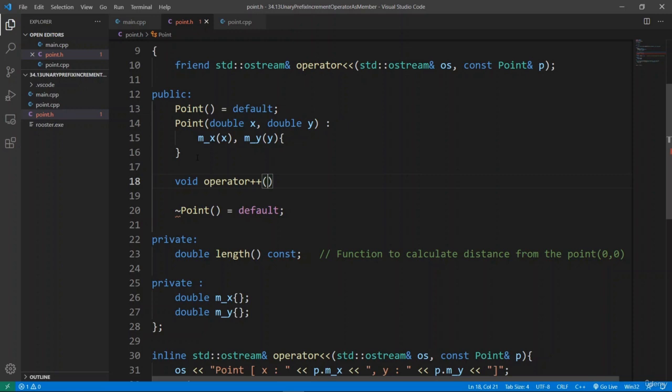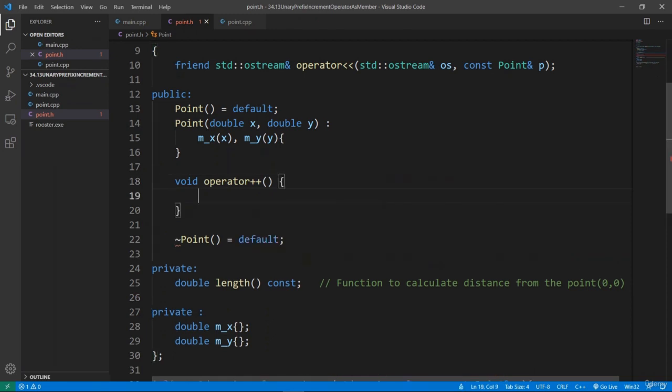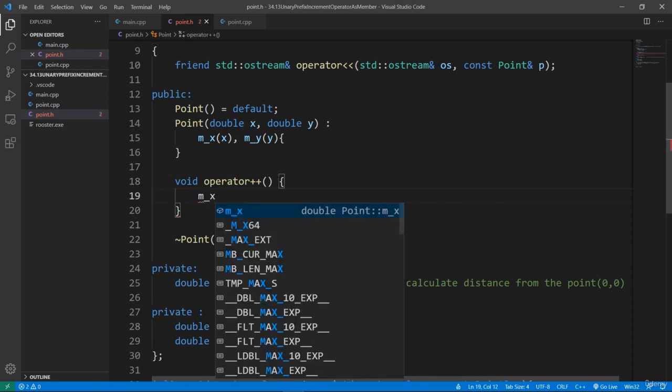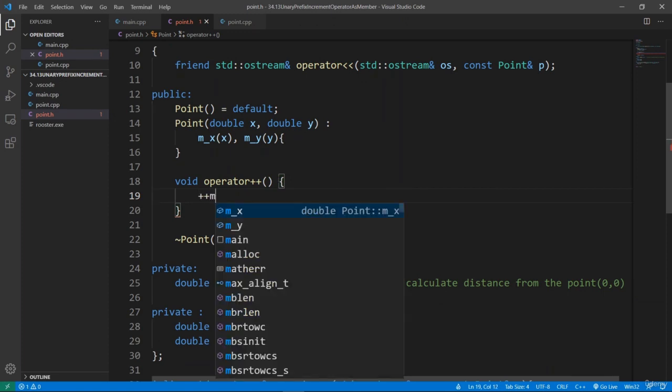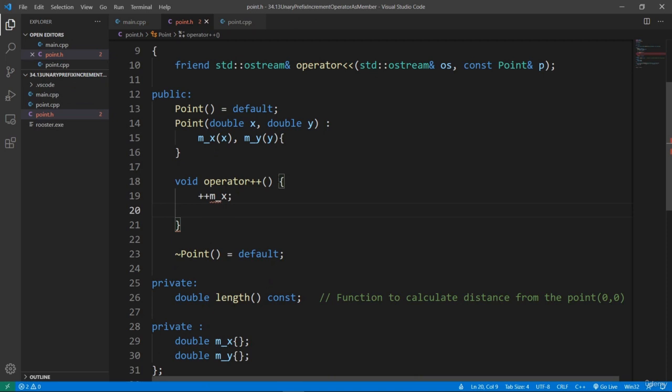So it's not going to be taking in any parameter. We're not going to mark it as a const because it's going to be modifying the member variables here. Remember, it's going to increment them. So we're going to just hop over in the body and say mx++. We're going to do prefix incrementation. So we're going to say ++mx, and we're going to say ++my, and this is going